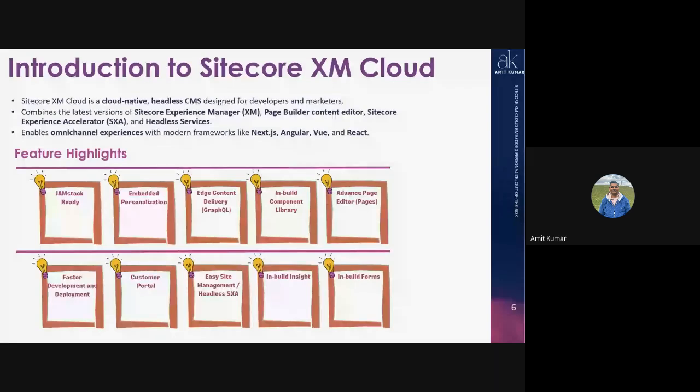And Advanced Pages Editor is coming. It's an advanced version of Experience Editor, which will allow you to set up the page, create the content, and implement the personalization. Faster development and deployment, because Sitecore is also providing you the foundation head GitHub repository, which you